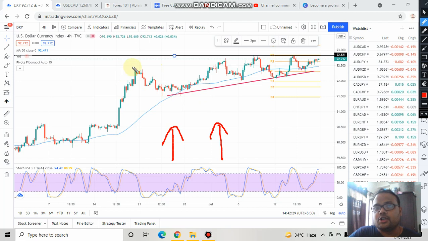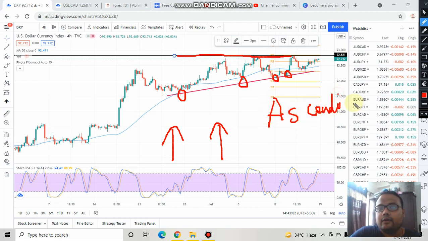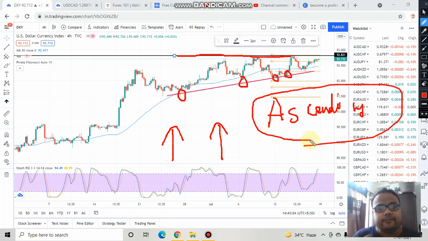And this is the dollar chart, and you can clearly see that we have a resistance here in the dollar chart. But the most striking feature of this chart is that the market is forming lower highs here. Whenever the market is coming down, it is forming lower highs, which means that buyers are there in the market, and they are very much serious about taking the price upward. As a result, whenever the market is coming down, they are forming lower highs, and this pattern is called an ascending triangle pattern.